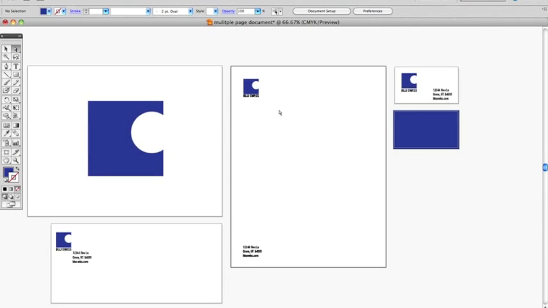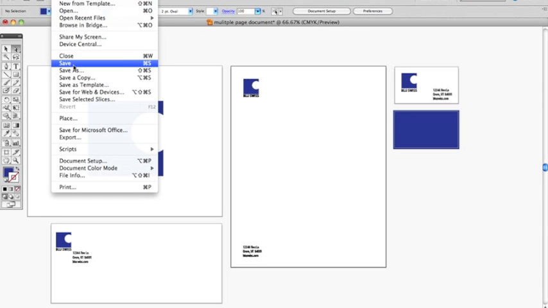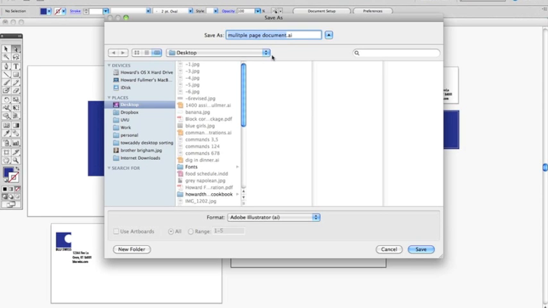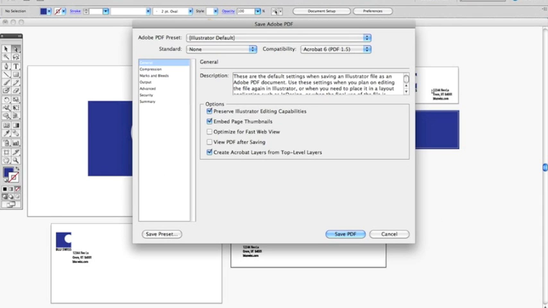Now that's done. Let's go ahead and go to File, Save. In this case, instead of saving it as an Illustrator document, which we could do and it would be fine, we want to send it to the printer, so we're going to save it as an Adobe PDF document. The advantage to that is I don't have to include the fonts. They can automatically read those fonts. I don't have to worry about the font spec getting messed up. So we'll save this as a PDF,